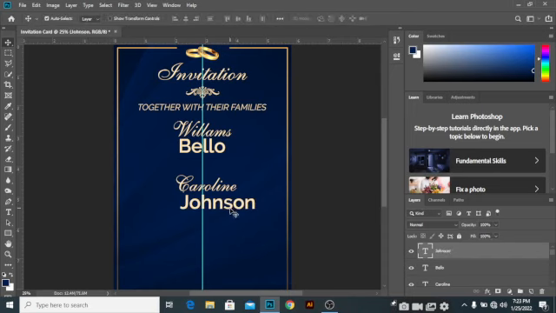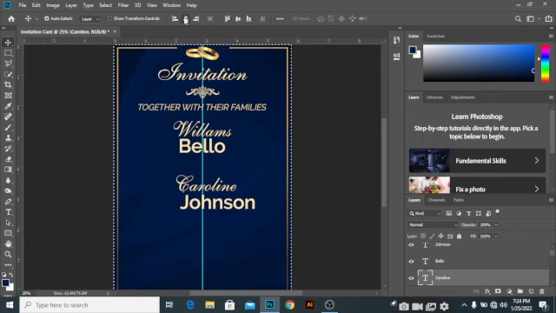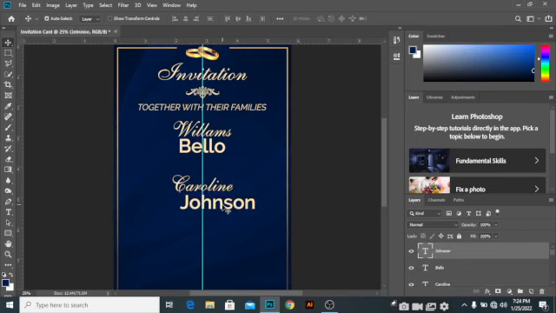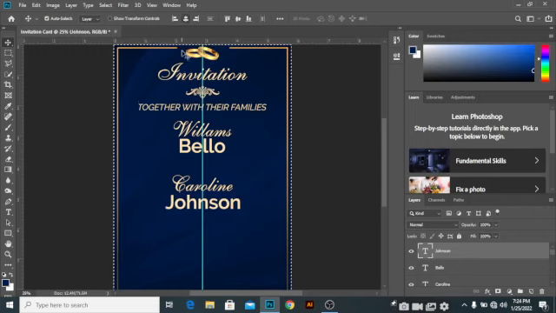So now let's click on this first, on this Caroline. Let's just Control A. I want to bring it to the middle. Now you can see it's in the middle. Control D to deselect. Click on this as well. Control A. Click here to bring to the middle. Then Control D to deselect. And the next thing to do now is